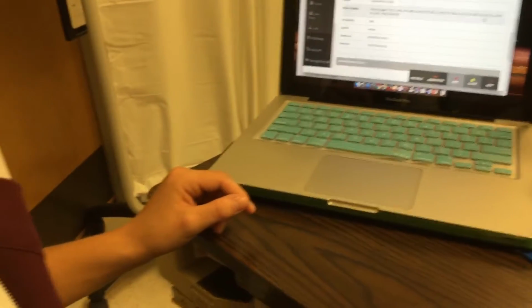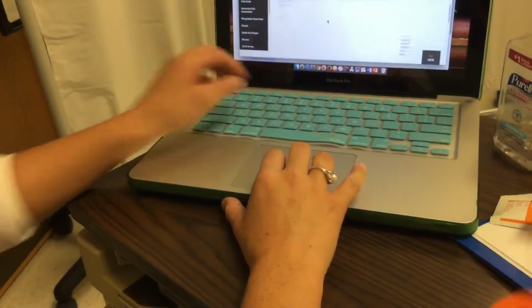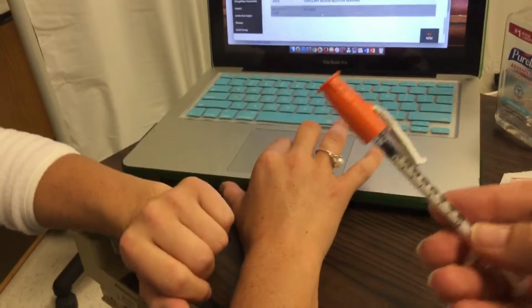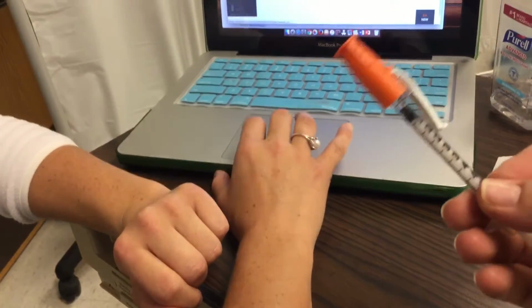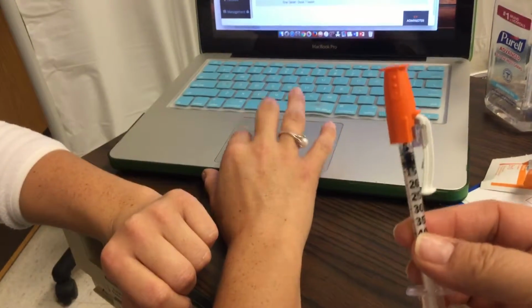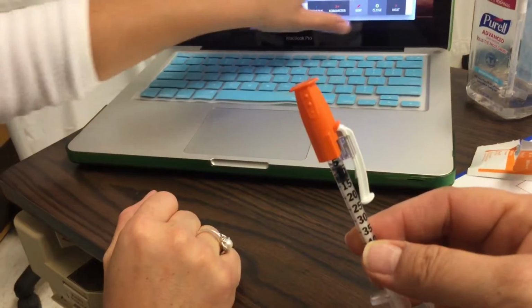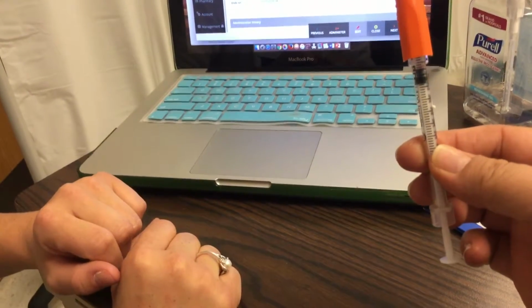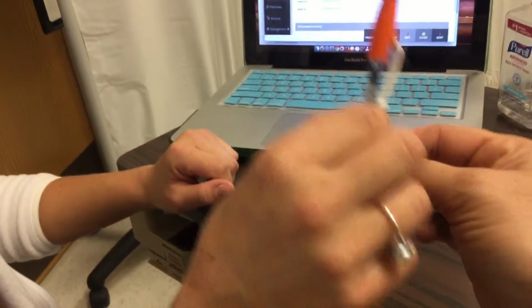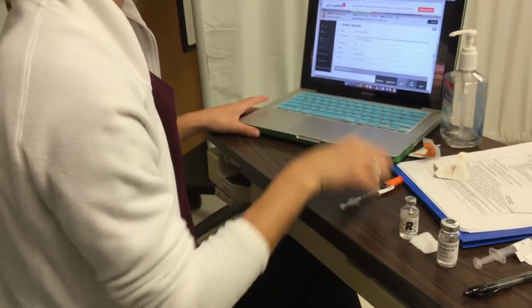There's the syringe. This was my patient's blood glucose level, 323. And sliding scale, 323, 8 units. And I see 8 units here. Okay, thank you. So once that is verified,